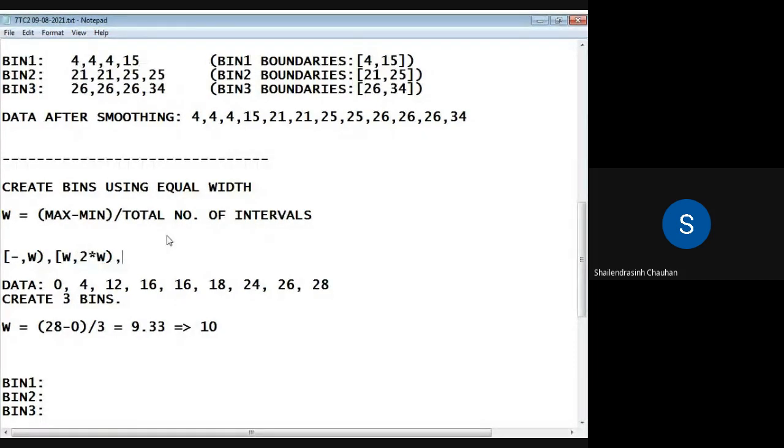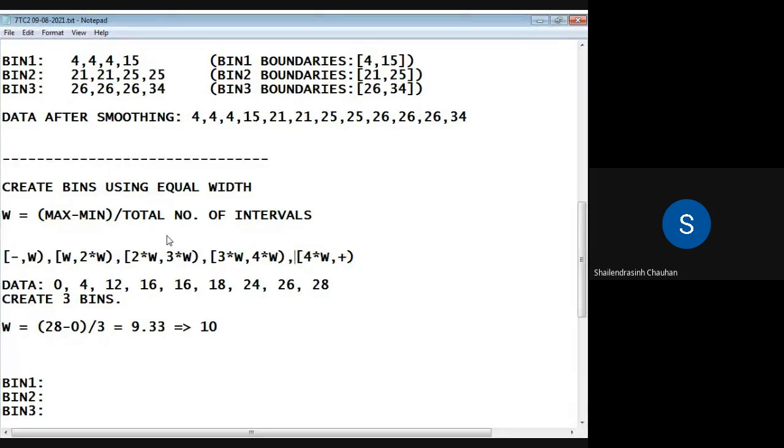Second interval or second range, third interval or third range, twice into width, and 3 times into width, 4 times into width, and so on. And let us say, for example, consider the last one. You will be having 4 times into width, comma, above it, for example.